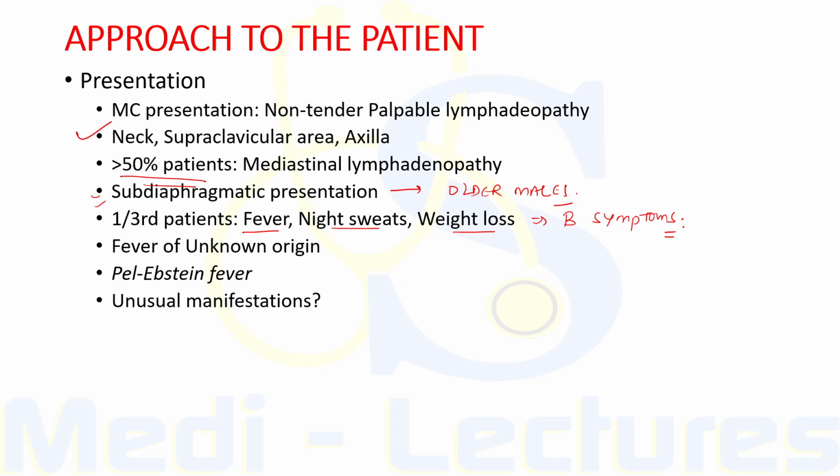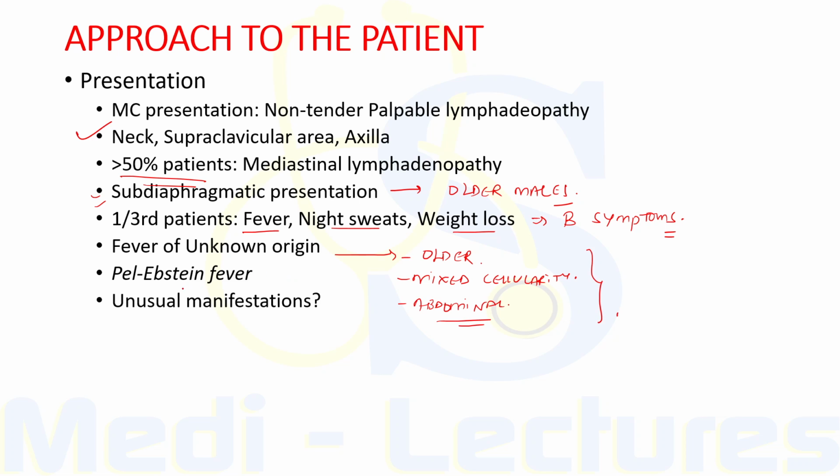Now, occasionally, Hodgkin's lymphoma can present as fever of unknown origin, and this is more common again in older patients who are found to have the mixed cellularity variant of classical Hodgkin's lymphoma in an abdominal site. So this is an unusual site which can lead to presentation with fever of unknown origin.